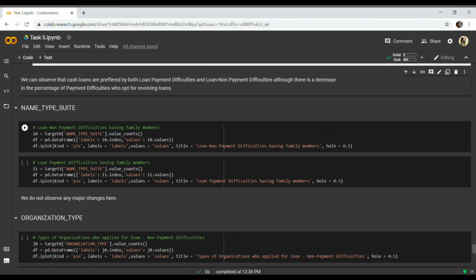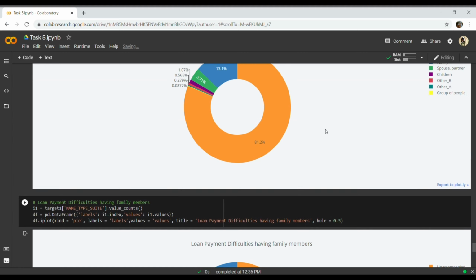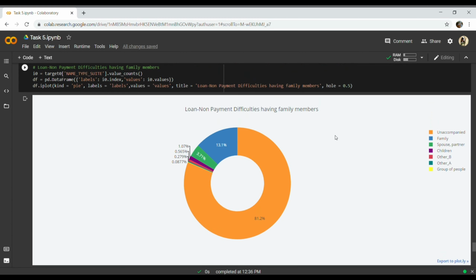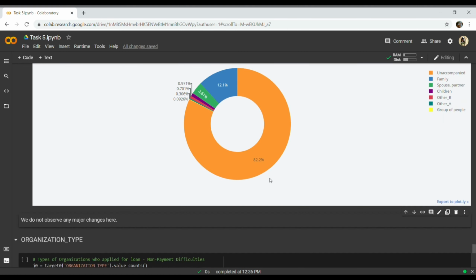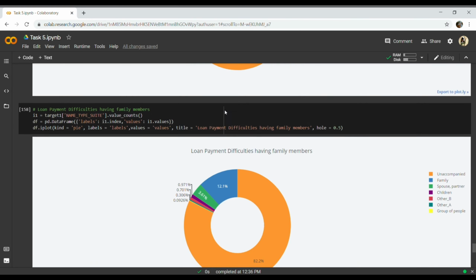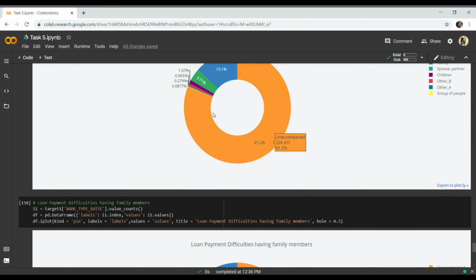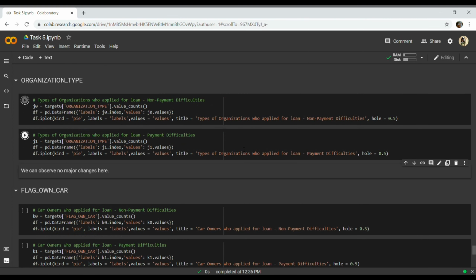Now name type suite. You can see for non-payment difficulties there are 81% of unaccompanied, but here 82%. There is not much of a change here because it's 13 and 12, 3.6, 3.7, very marginal change.